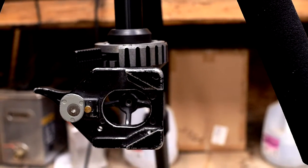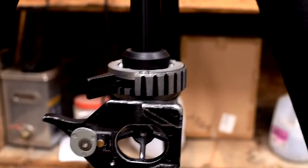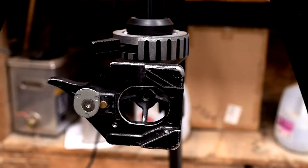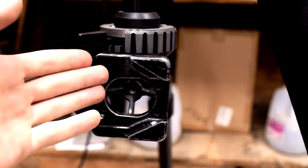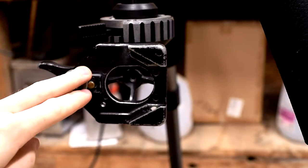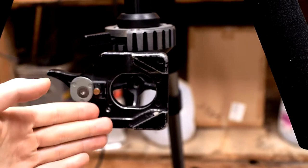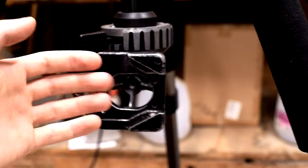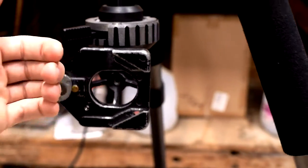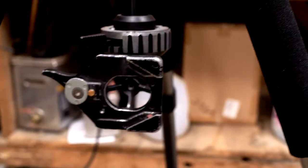Now, I don't have any macro focusing rails because that's my next step. But what they are basically is just an attachment that you can put on your tripod that will allow you to finely adjust your camera forward and side to side. And if you can, you want to get a 6-way rail that allows it to adjust in and out,